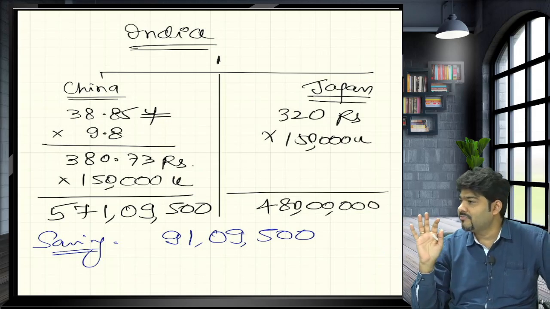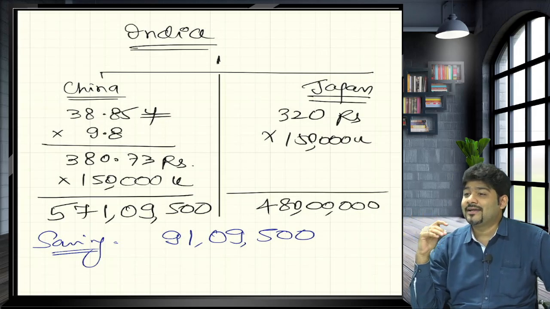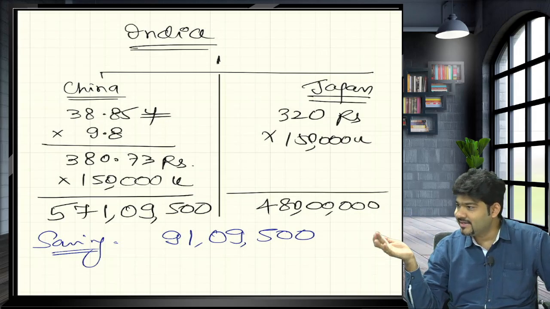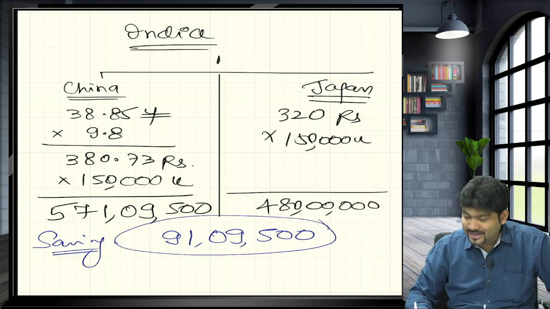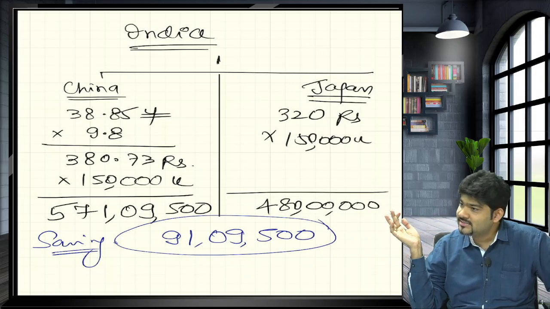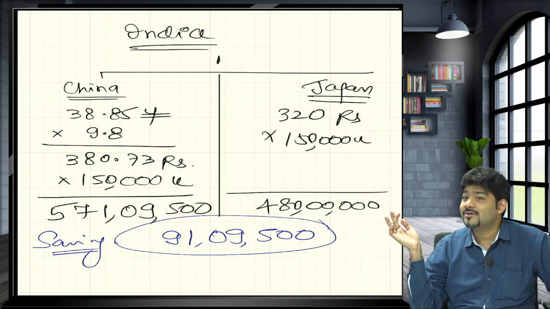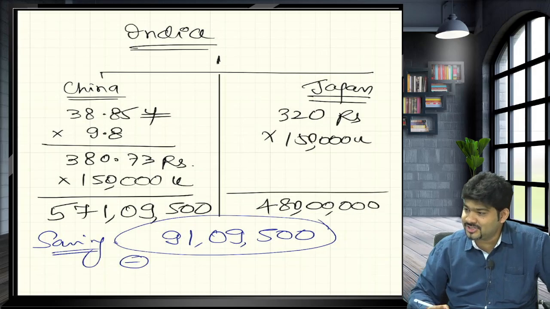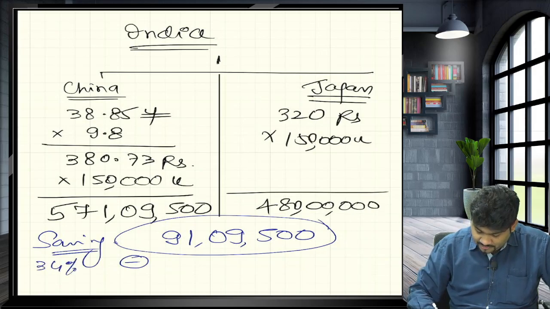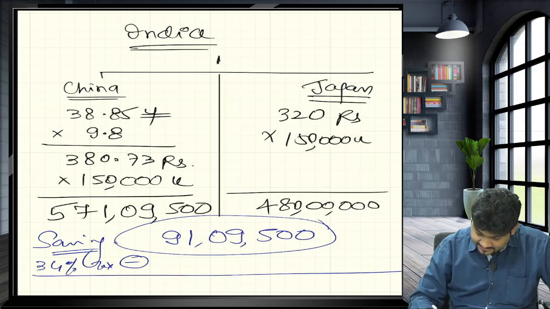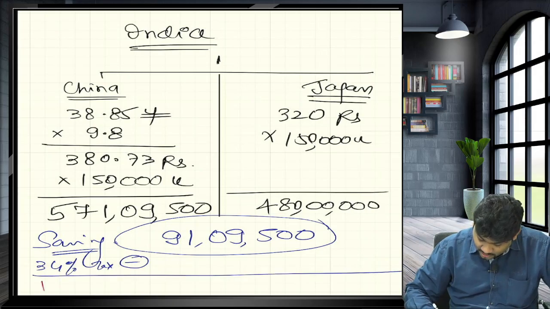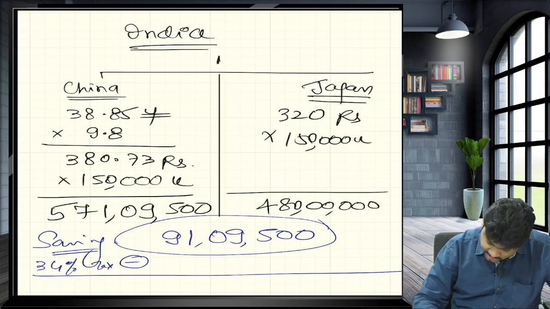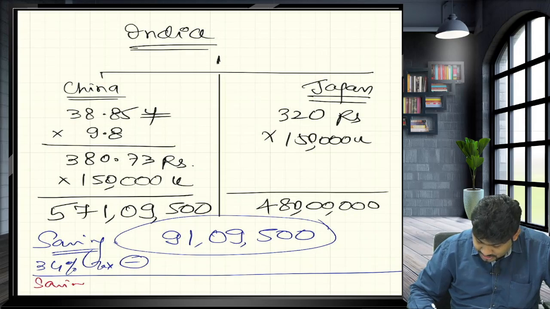Come on. Your profit is not your profit. You are a partner with the government, yes or no? Are we understanding? So here indirectly saving means you are going to increase your profit by this much amount. Is the whole profit yours? Who is the partner? Government. So can I say we will have to reduce that government share also? How much is that? 34% corporate tax of India. So can I say what we want is the saving post tax?